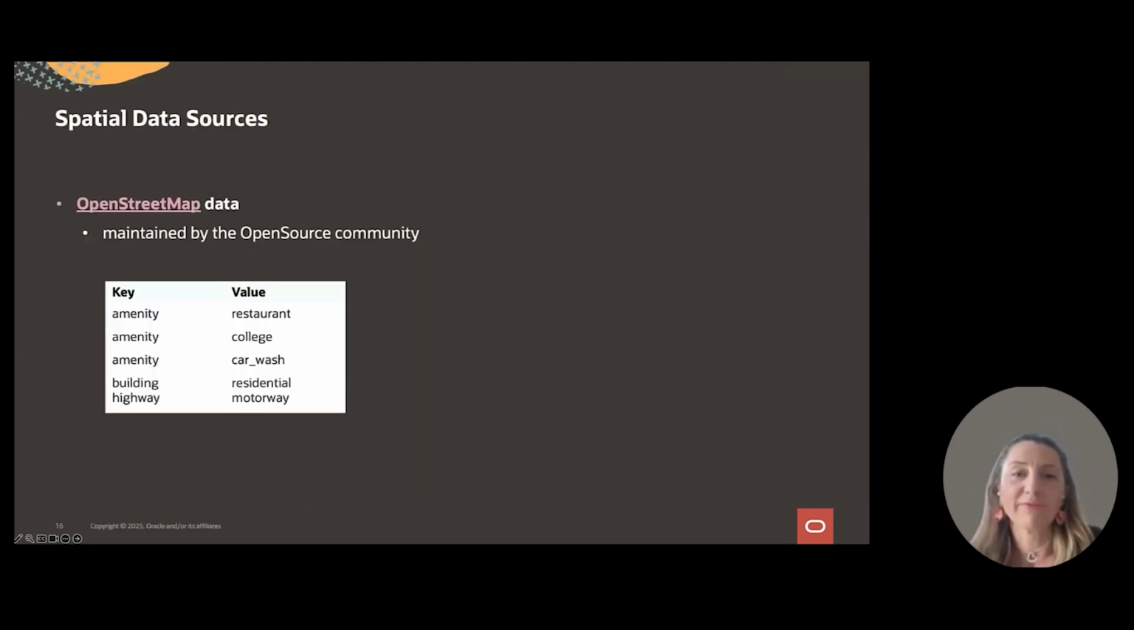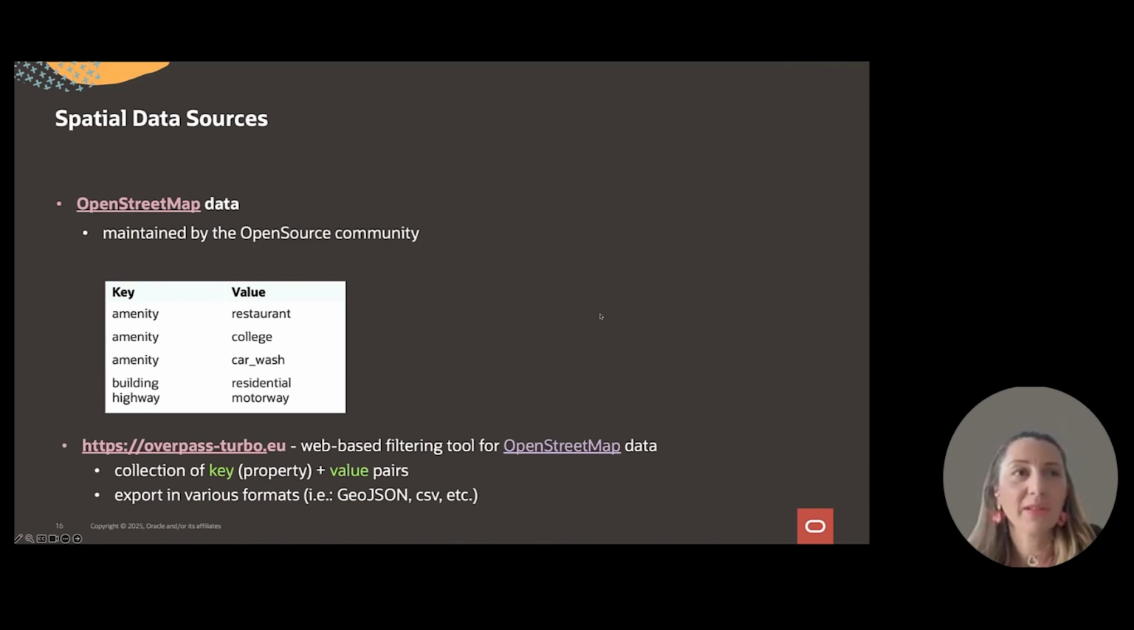Okay, so the first task is to obtain the spatial data, and potential sources are OpenStreetMap data. This provides a collection of key value pairs. For example, a key is amenity and the value is restaurant or cafe in our case. This is maintained by the open source community. And we also have, let me just click here, we also have the